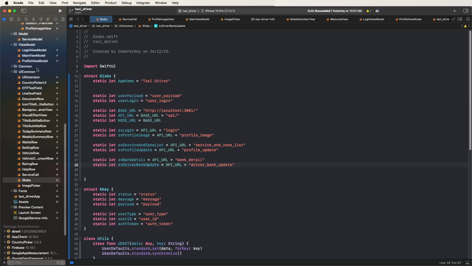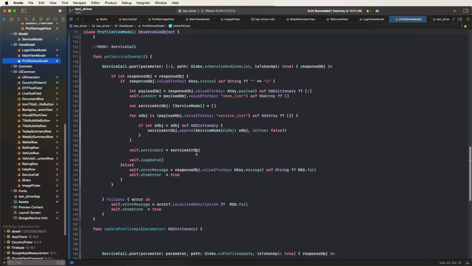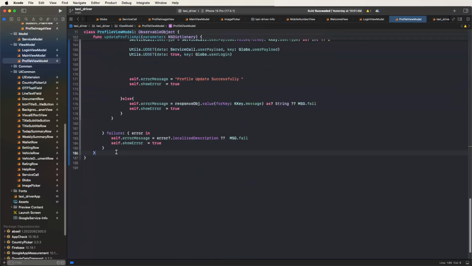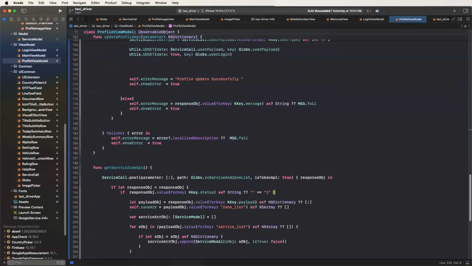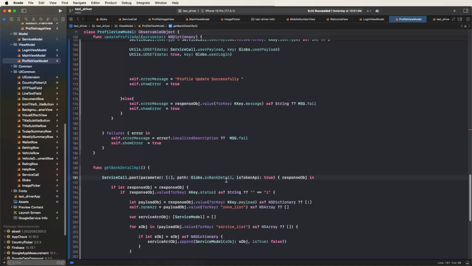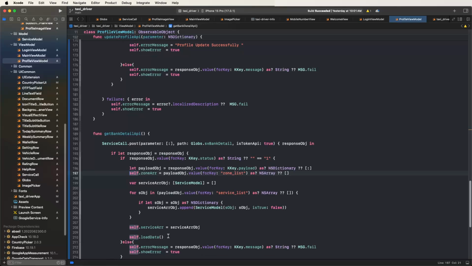We need to go and configure the one API we need to call here. First of all, we need to write down the get API, copy it, and paste it here for the bank API. Now we need to get the bank API, bank detail API, and also change the API name to bank details, and we need to get the data. First of all, we need to remove all the data